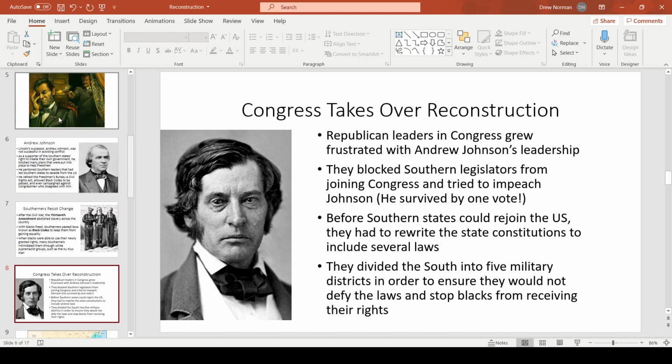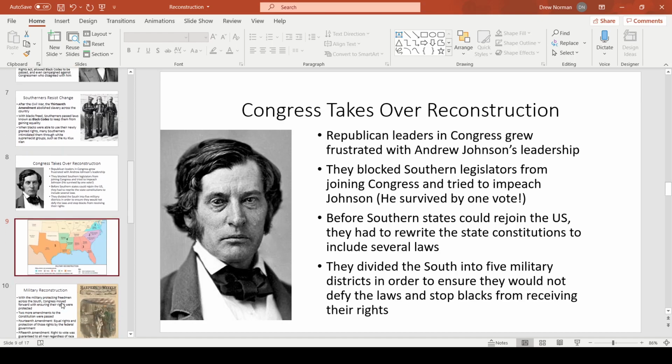So once they get Andrew Johnson scared of standing in their way because of impeachment, they go ahead and begin passing laws and forcing the South to adopt their ideas that would treat blacks more kindly. They forced southern states, if they wanted to rejoin the U.S., to actually rewrite their state constitutions. And those constitutions would have to include things like the 13th Amendment and the Civil Rights Act, which becomes the 14th Amendment. And because they didn't trust the South to take care of African Americans, they divided the